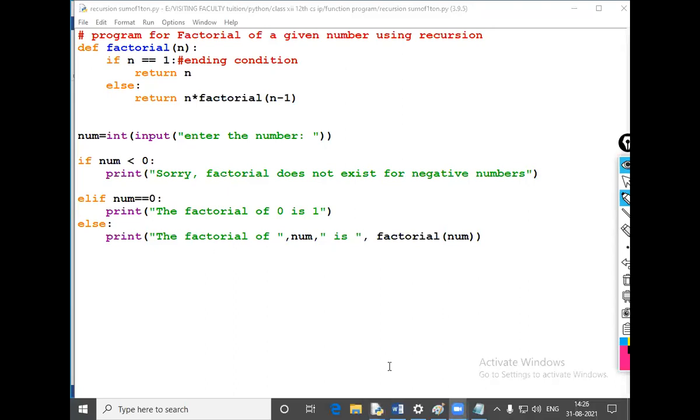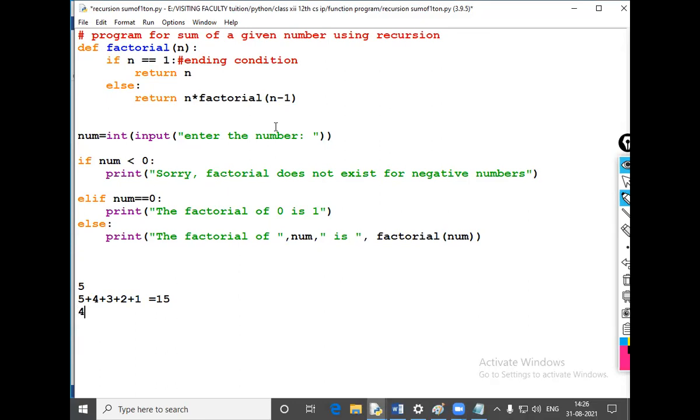Now I am changing it. The program for the sum of a given number using recursion. First I will tell you how it will work. Suppose I say 5. So 5 plus 4 plus 3 plus 2 plus 1, that means 15.